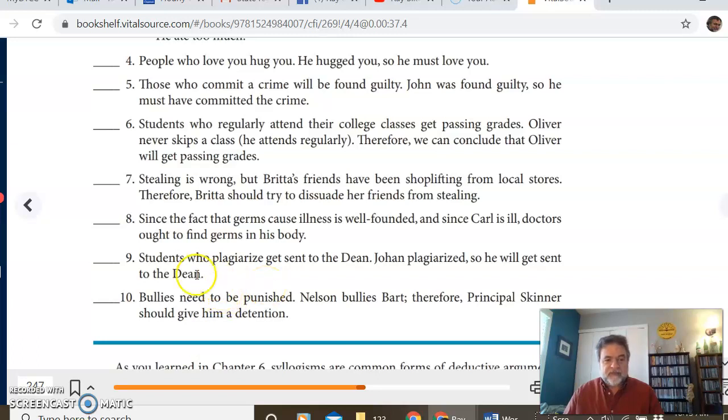Nine is valid. Students who plagiarize get sent to the dean. There's a conditional statement there. The condition is met in the minor premise, so he gets sent to the dean. That's valid. And 10 is another negative sort of spin, but it's a valid argument. Bullies need to be punished. Nelson bullies Bart, therefore Principal Skinner should give him a detention. So that's all valid and good, and we will move on forward with more